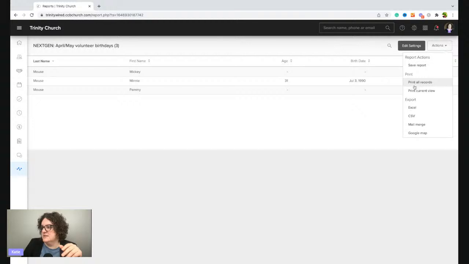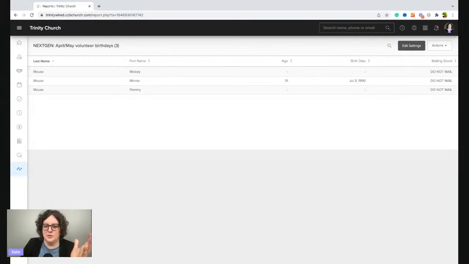But I can print this. The print, if you've done this, it's super tiny. So I always just export it to Excel and then make it a bigger size font and all of that stuff. So you can do all those options right from here. And then if you're like, oh, wait, it shouldn't be this many people, or whoa, that's way too many people, I did this wrong.